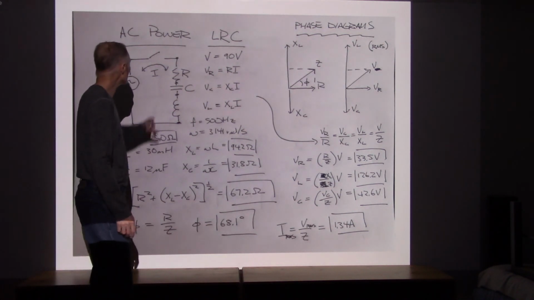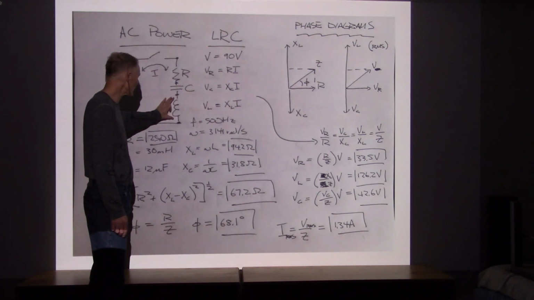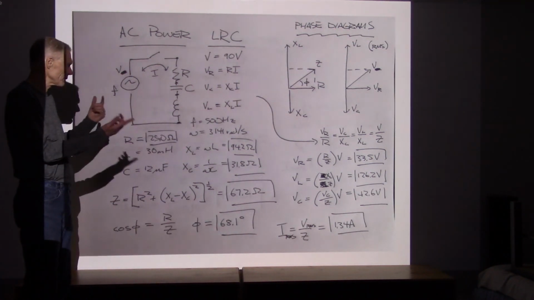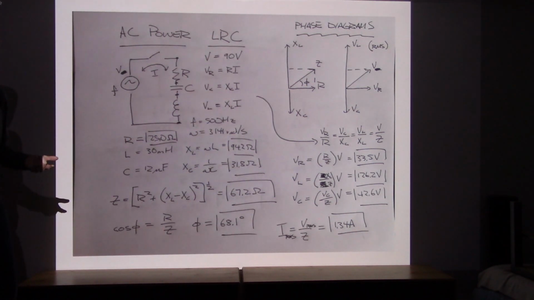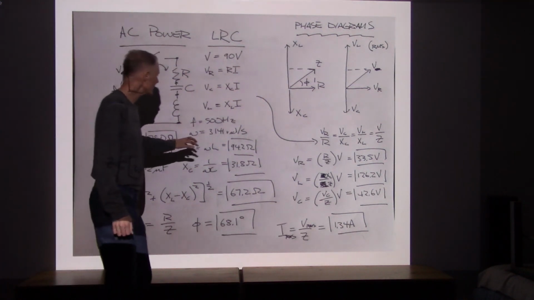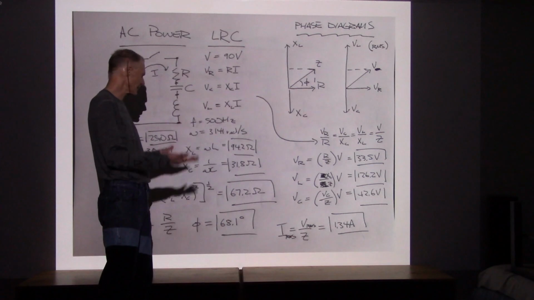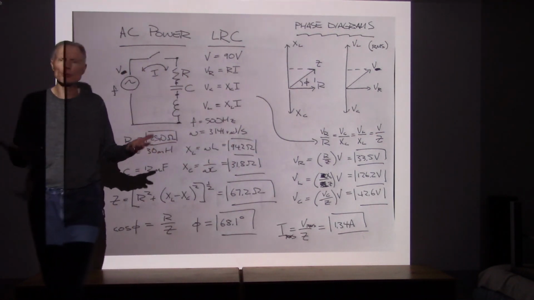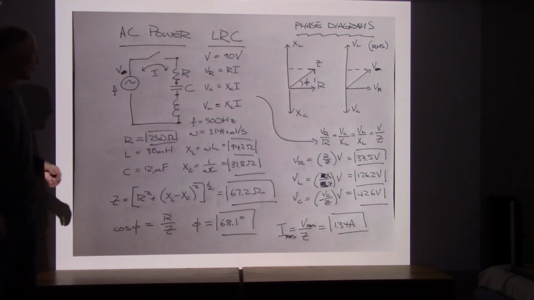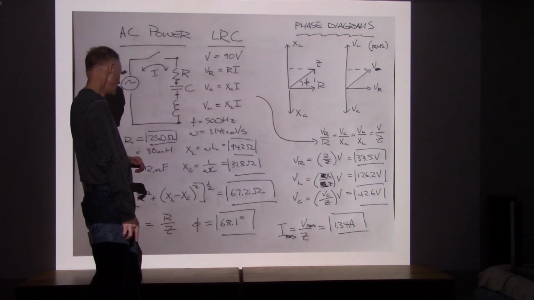Because the voltages across the capacitor and the inductor cancel each other out, their reactances also cancel each other out. And that says that what I'm really comparing with is not these individually, but the difference between them. Now the difference between these is like 62, 63 ohms,